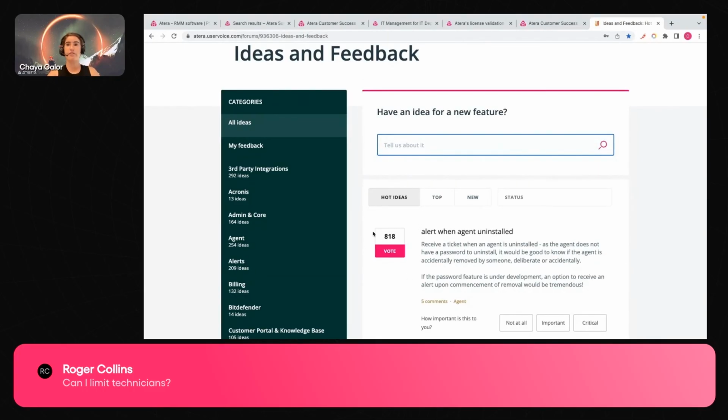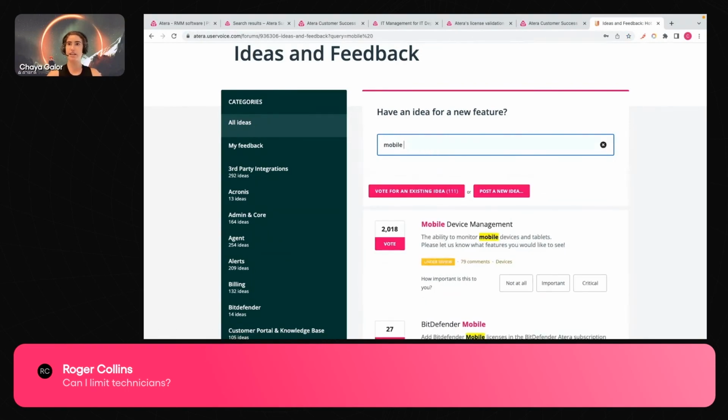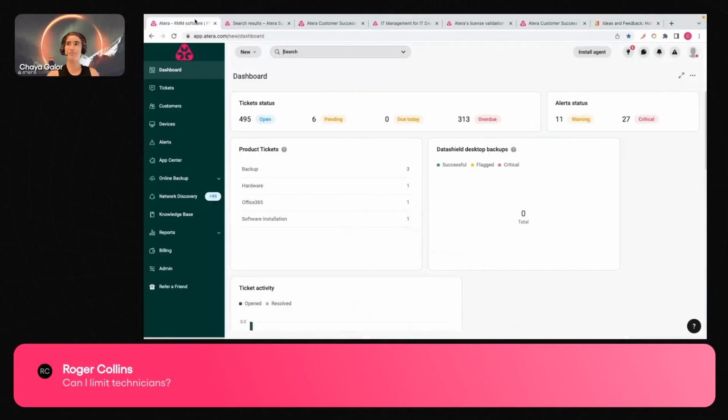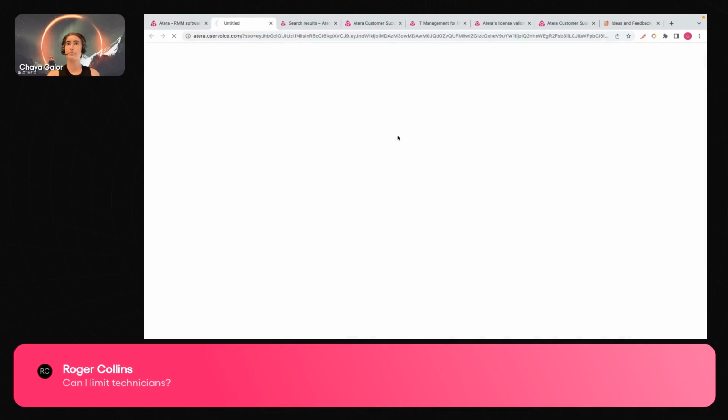We have different requests over here. For example, mobile device management is one of our highest requested features at the moment, and this is something that we're currently working on. You can either add new ideas or upvote different ideas. This is how our product team can better plan our product roadmap. So if you have anything that you want to upvote or new ideas, feel free to share that right over there. You can also access the feature board right through here.